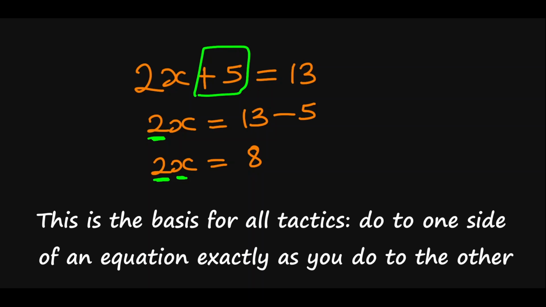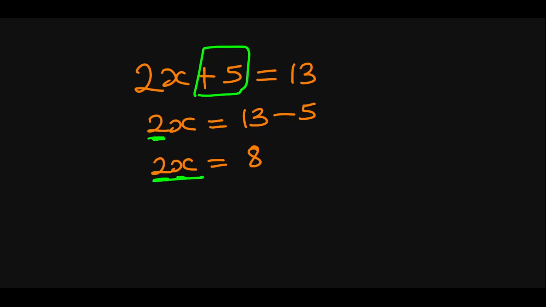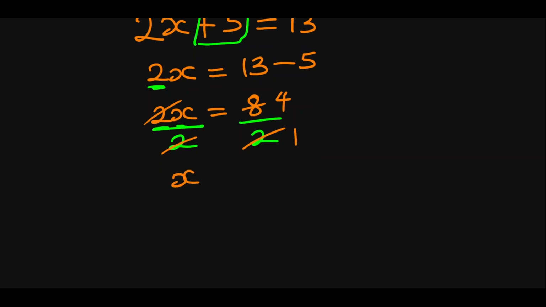This is one of the mathematical tactics or tricks I was talking about. This will give us 2x over 2 is equal to 8 over 2. We cancel the 2, then 2 over 2 is 1, and 8 over 2 is 4. So the final answer becomes x is equal to 4. Now you see how we are able to get x by applying the basic operations we've learned from lessons 1 to 8 and the mathematical tactics I'm talking about. This is a simple, straightforward way to find x.